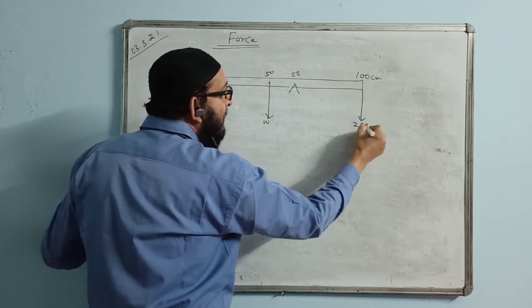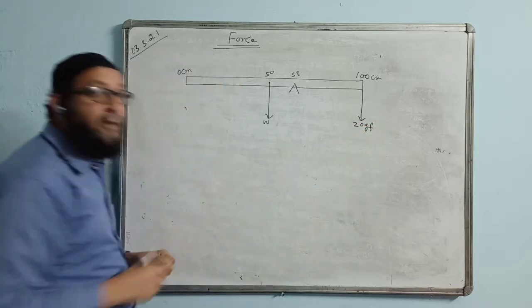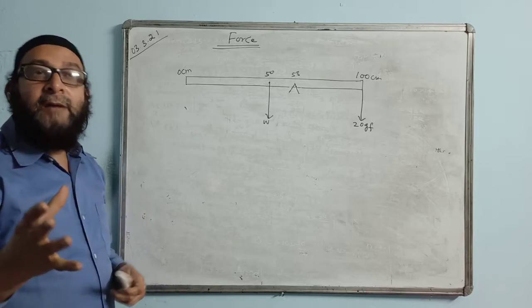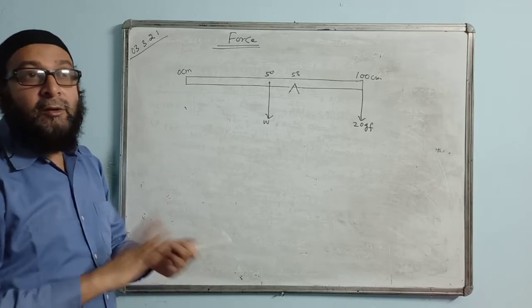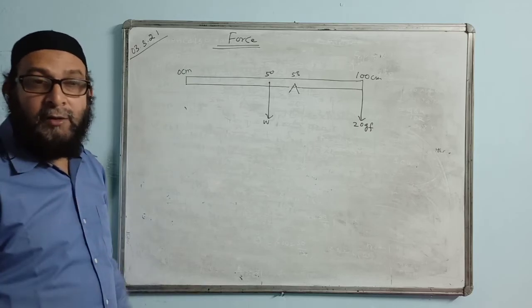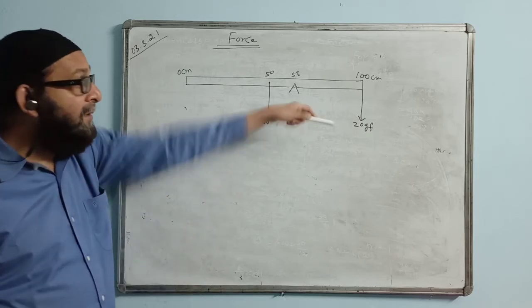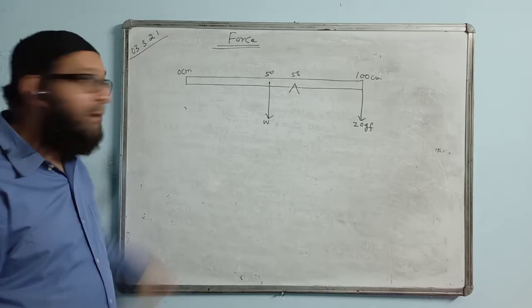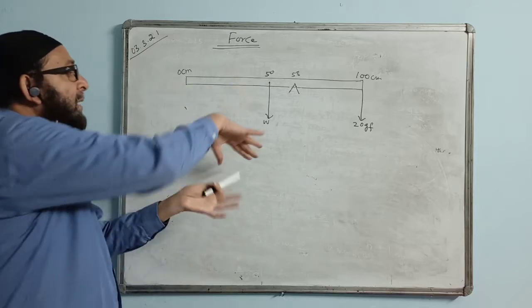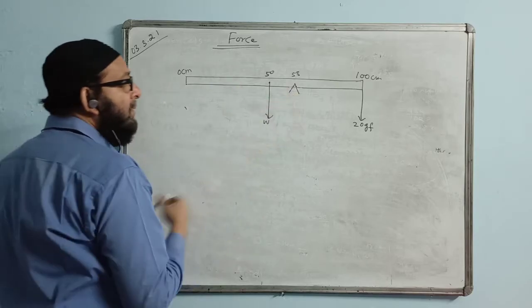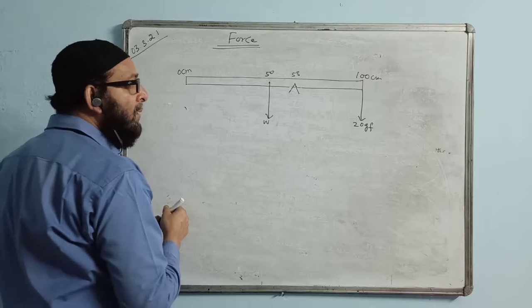The weight you are keeping at the 100 centimeter mark, the question says 20 gf, you have to keep and balance it. At one end, but they have not mentioned which end, the 0 centimeter end or the 100 centimeter end. That's why they are asking you to draw the diagram and show where you are going to keep it. You have to keep it at the 100 centimeter mark only. Otherwise, you will not be able to balance. If you keep it here, both the weights are on the same side. How can you balance? Here is the pivoted point. Understood?